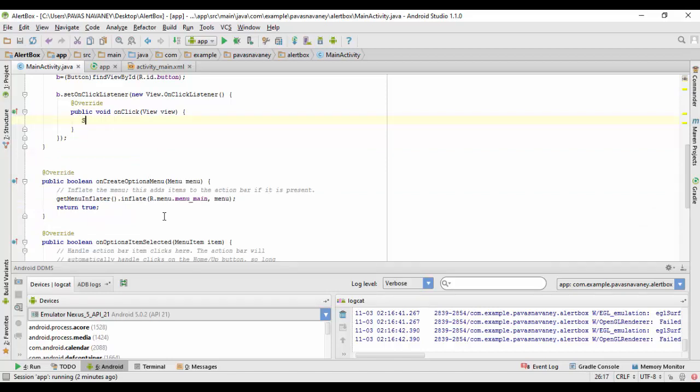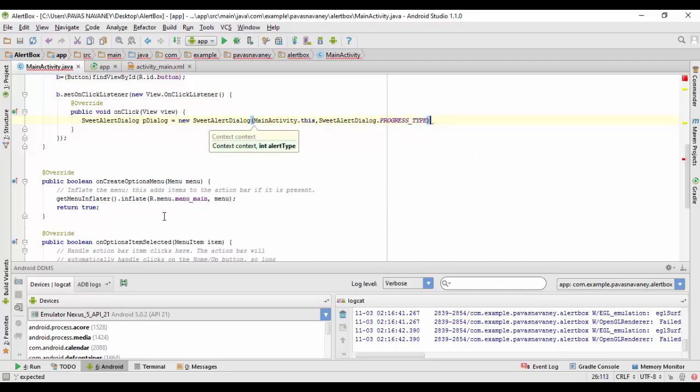So for that you need to do sweetalert dialog, a dialog equal to new sweetalert dialog, and in activity dot this and sweetalert dialog dot